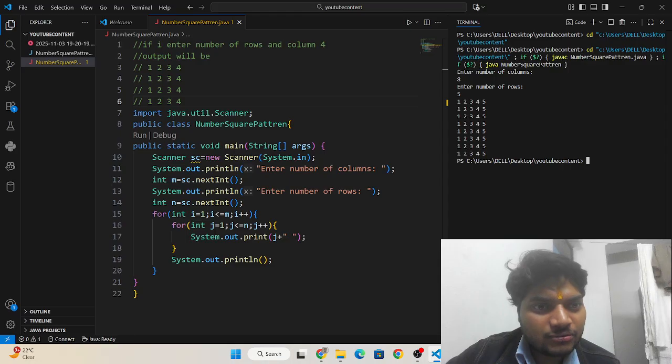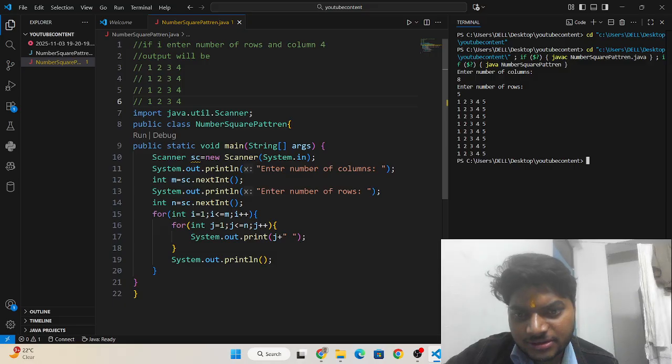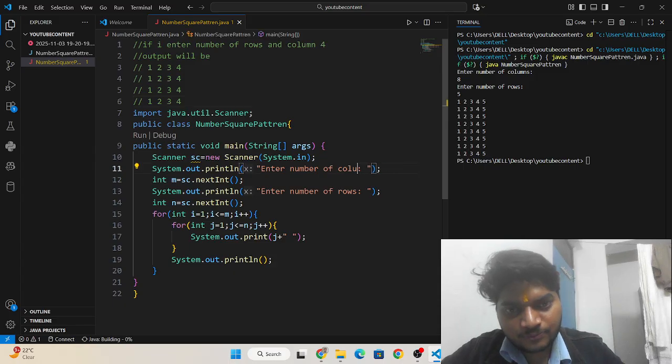I have entered number of columns, means this is number of rows. Means this one is number of rows, I think. Okay, and this is number of columns.